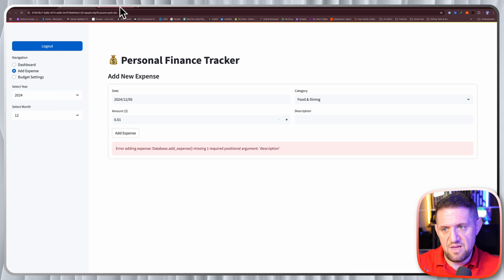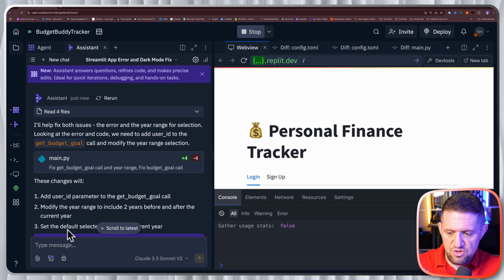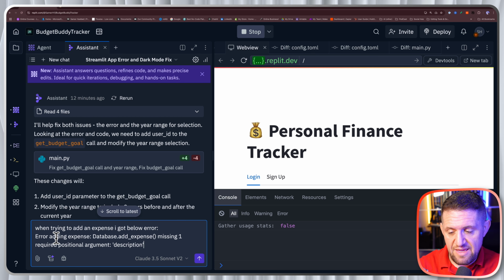It's better. To put it mildly. So let's go back to the assistant. I'm giving it again this prompt: when trying to add an expense, I got the below error, and I give it the error. Now, before I push this forward to the assistant, just notice when you start interacting with the assistant, you get